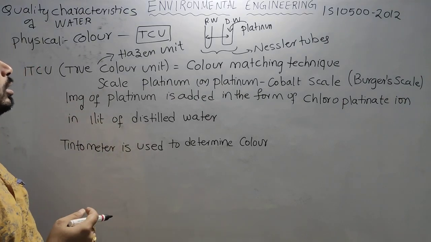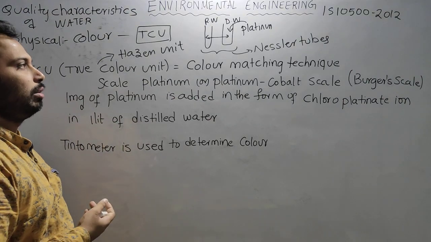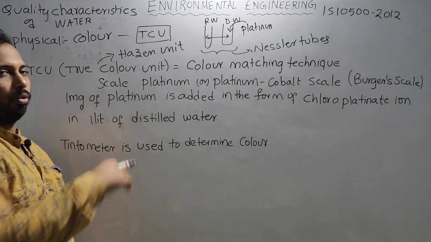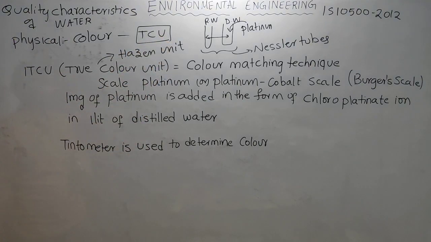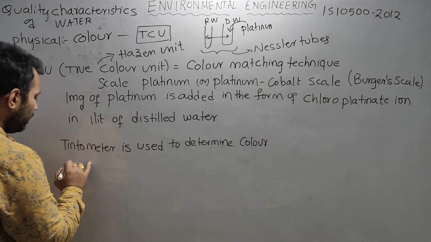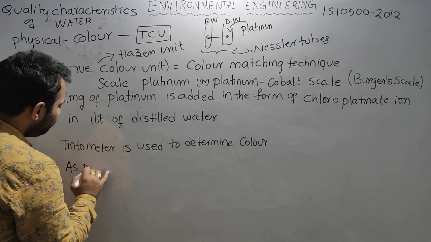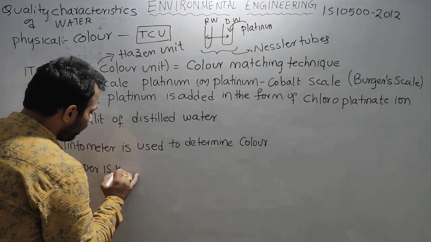That is why I am taking this Hazen unit here, because in IS 10500 color was given in terms of Hazen unit. So color limits were given in Hazen unit. So that is why I am discussing Hazen unit here. But generally we call it as the TCU only, but in IS 10500 it was given as Hazen unit, and the limits as per IS 10500